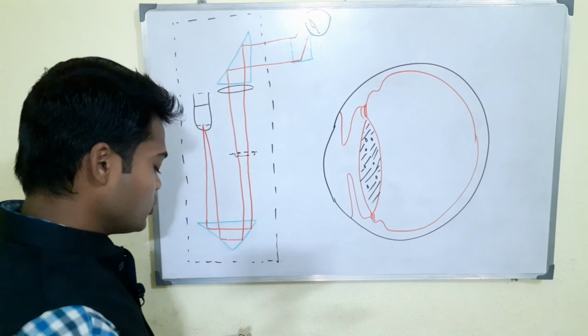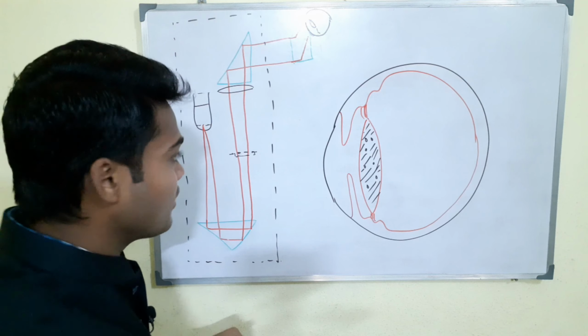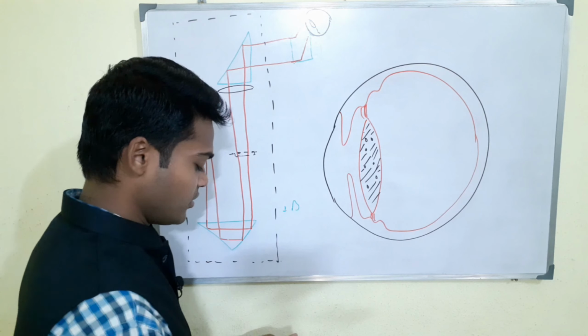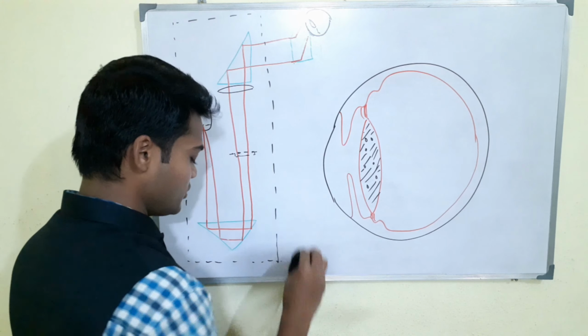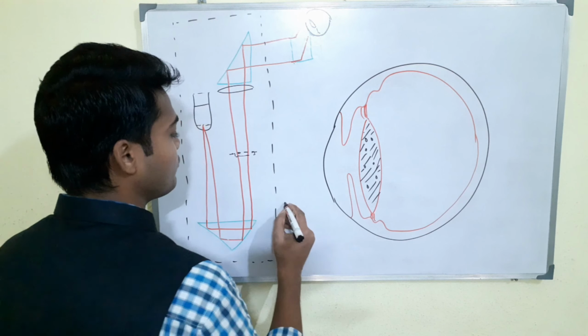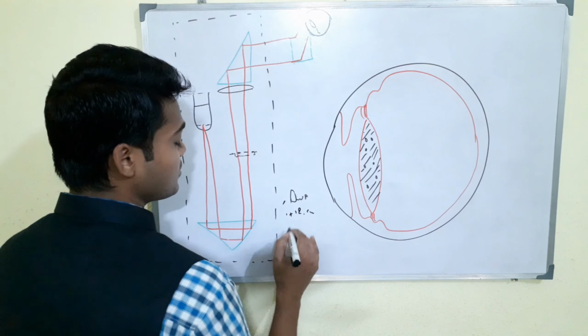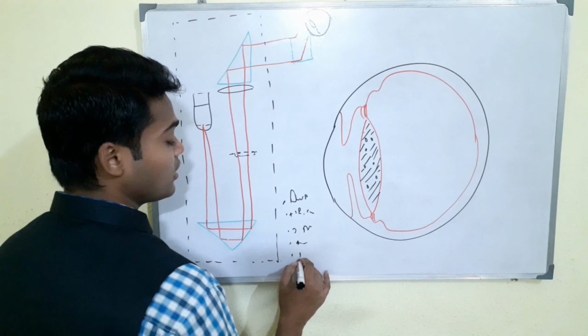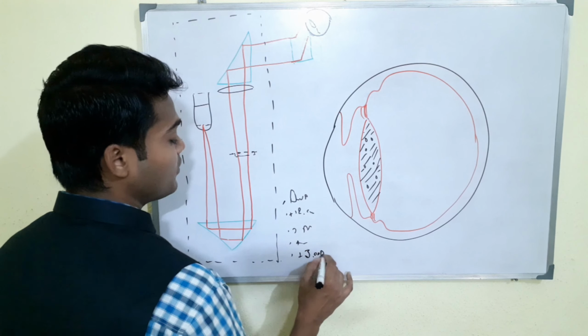Now what is the conclusion? I will write the final conclusion of all this. Bulb, I use black because there might be a possibility you cannot see it. Basically there are 5 parameters. The first one is the bulb, aperture controlling. Second, a 12 diopter condensing lens. Third, 3 prisms. Fourth, Snellen's chart, and the fifth is the plus 3 diopter lens required